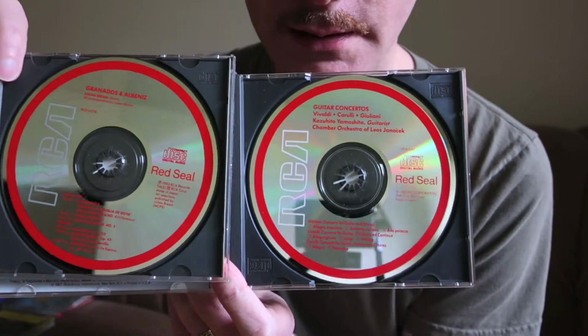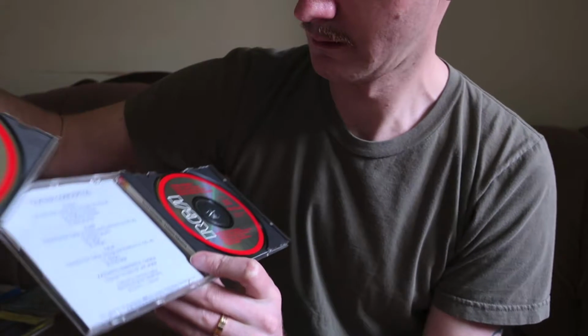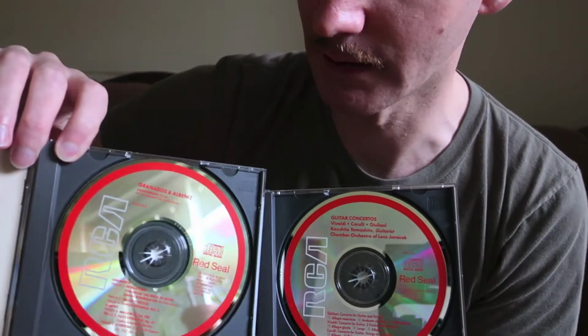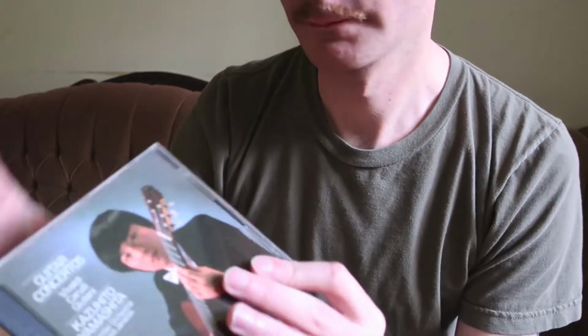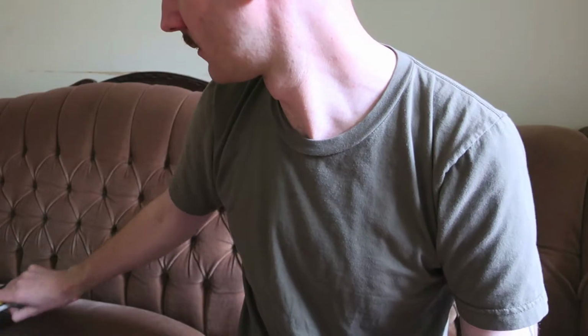So I hope that's coming into the camera there. So no real change in the label on the CD in those 4 years since the launch of the compact disc format. All right, so that concludes the compact disc portion of my haul. So let's move on to the next format, which is